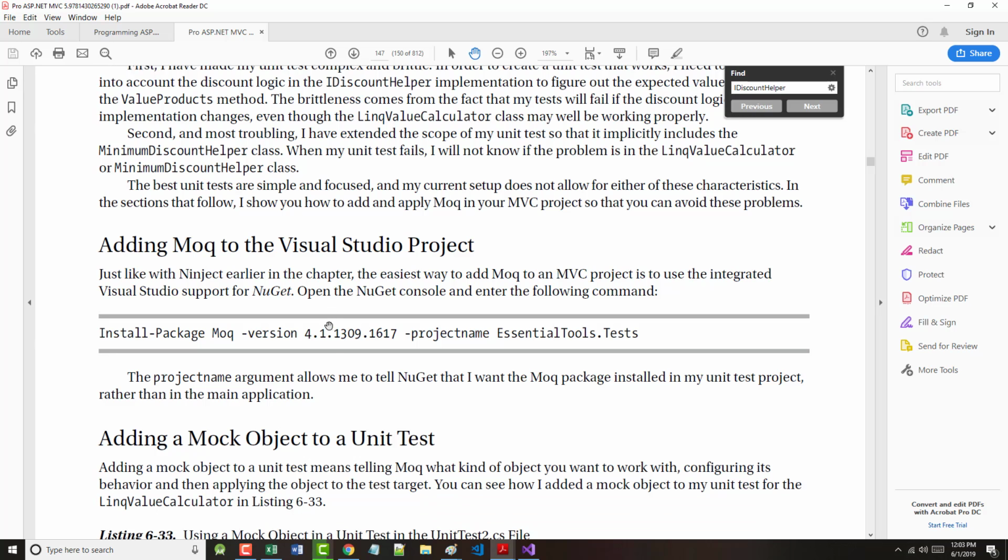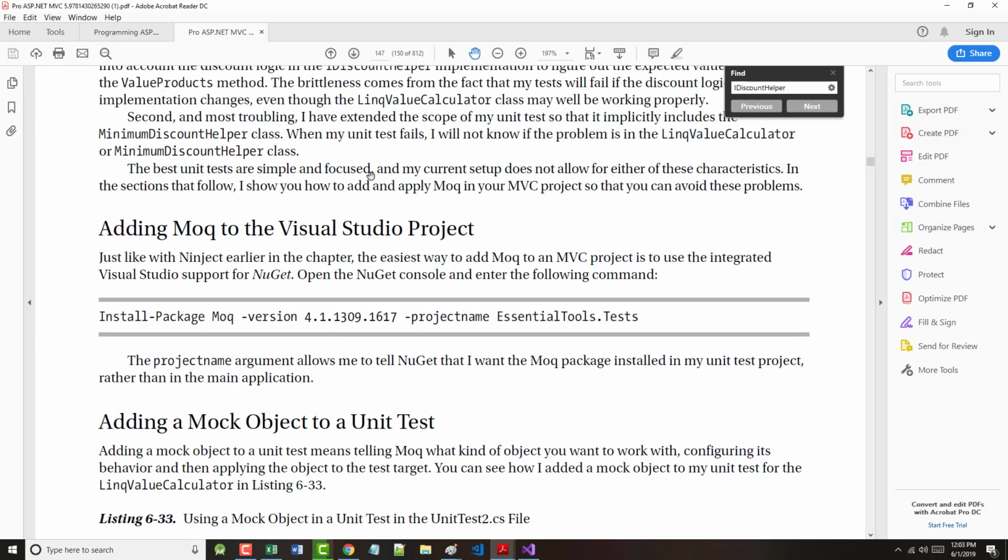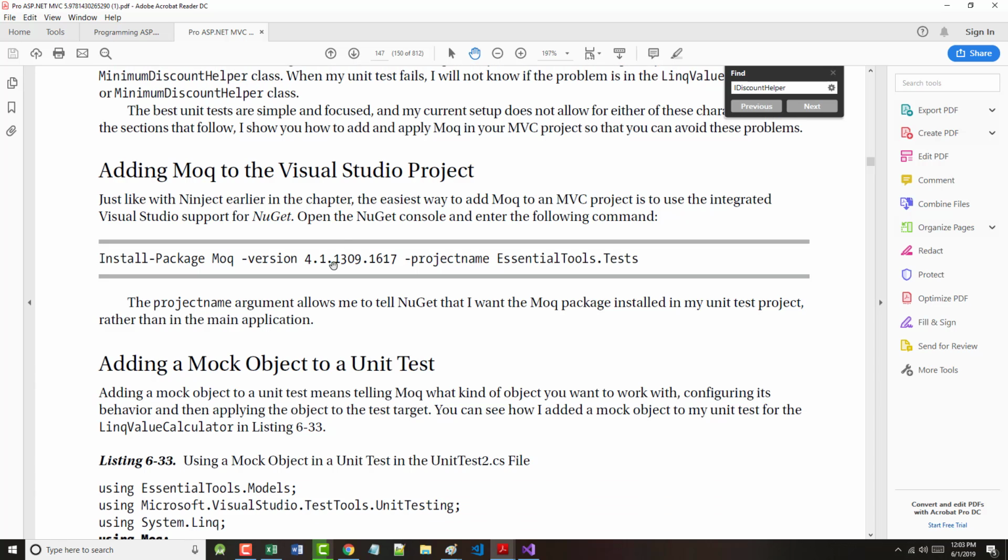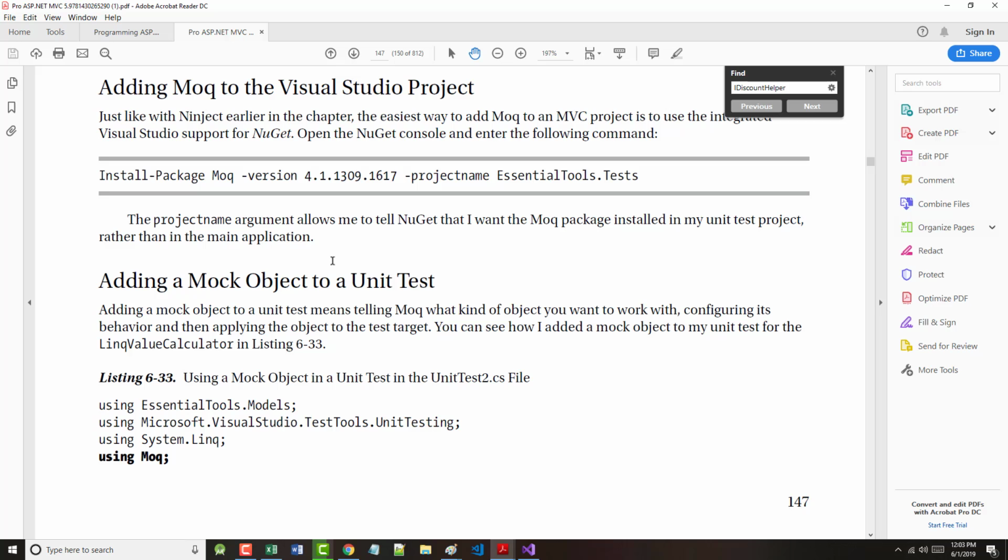The best unit tests, and this should make sense, are simple and focused, and my current setup does not allow for these. In the sections that follow, I will show you how to add and apply mock to help us avoid the problems. So, adding mock,